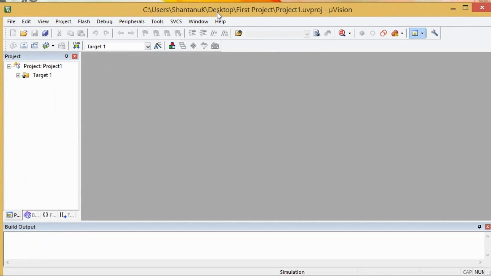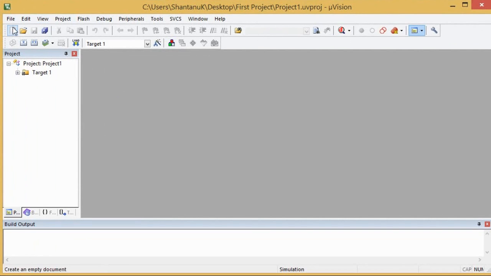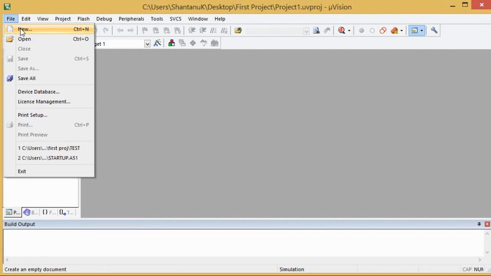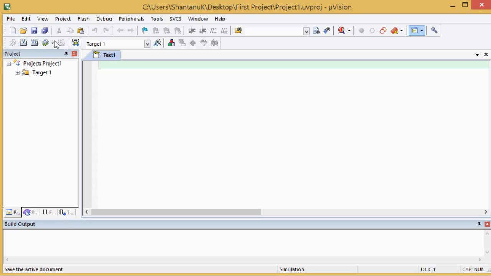Now let's get started with the project. After this you have to select File and New. The moment you click on that, the editor window will be shown over here. In this editor window you can write the program. So we will first write our first program.